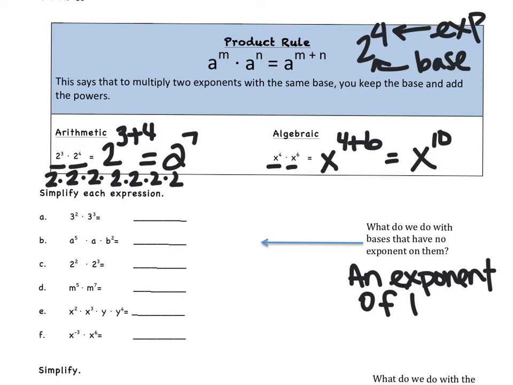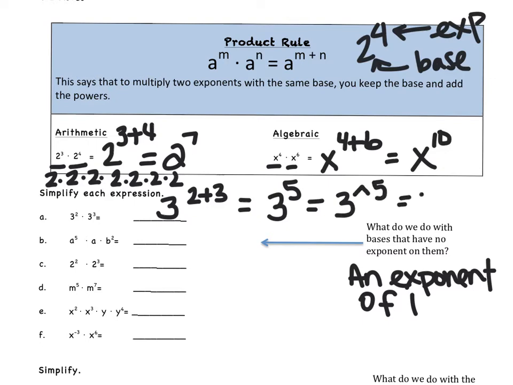In example A, we check to make sure we have the same base, so our base is 3 in each one of them. We keep that the same, and then we add our exponents. We get a 3 to the 5th power, and if we take our calculator, plugging that in, use the little caret button, we get 243. Now, that's a little bit large for us to memorize, but if you've got your calculator, you can always evaluate something that large. Each time you do this, you want to check that the bases are the same